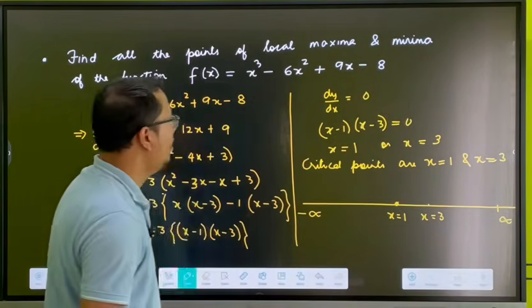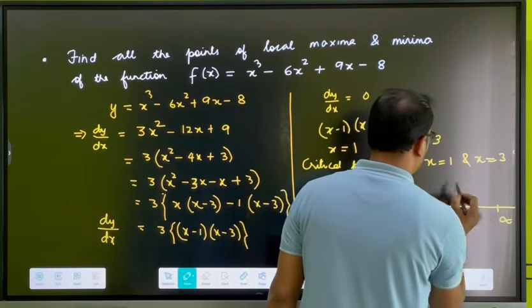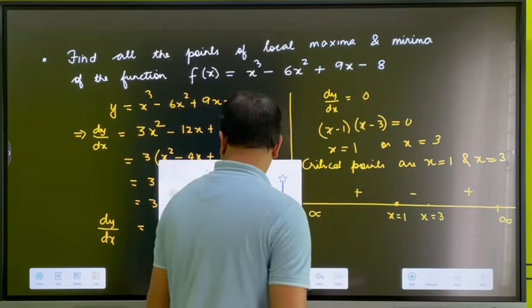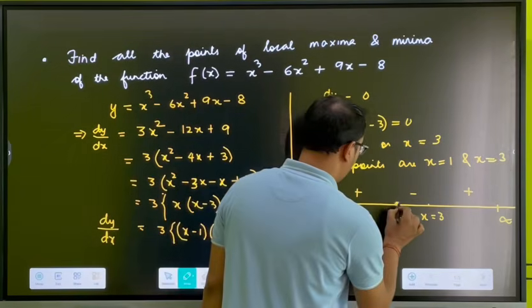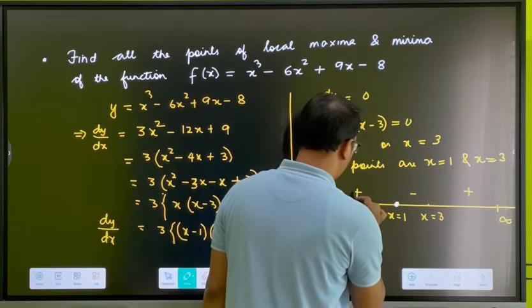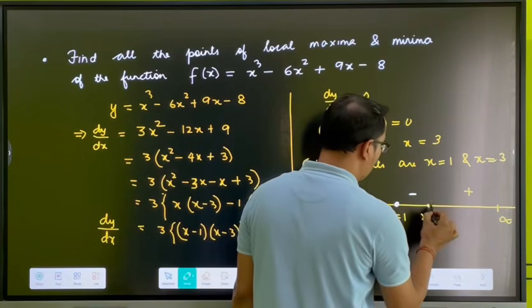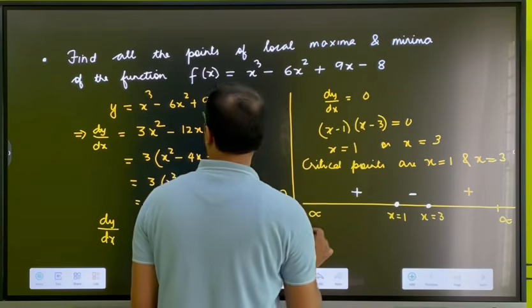Okay, so we have identified the critical points, and now from the left-hand side we place positive, negative, positive. Now look at the things. At x equals 1, the sign goes from positive to negative, and for x equals 3, the sign goes from negative to positive. So you can write down, students,